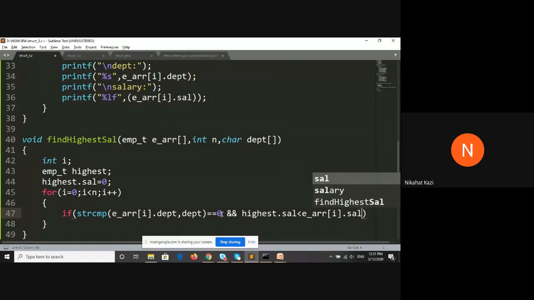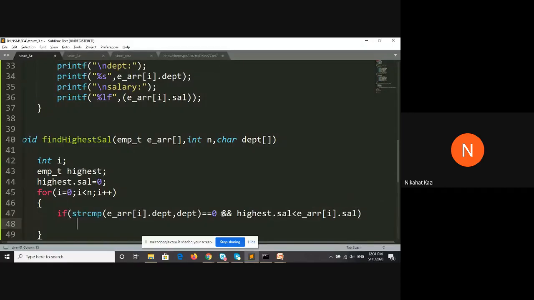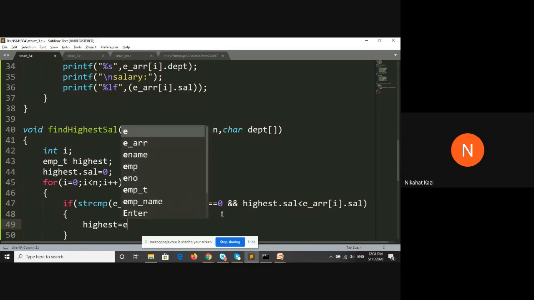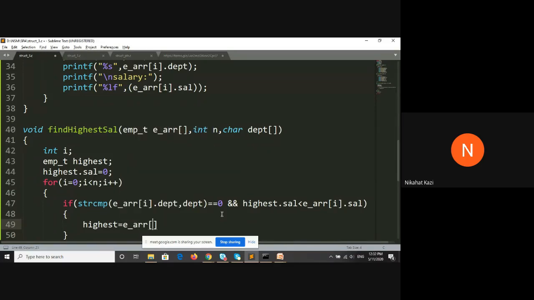You need to replace the highest employee's record with this new record. So what you will do is, highest is equal to simply e array of I.